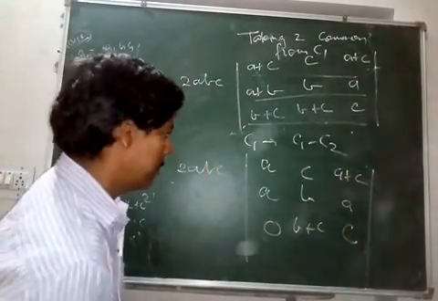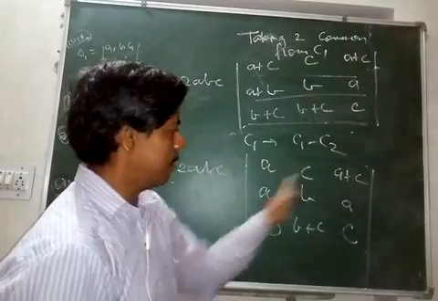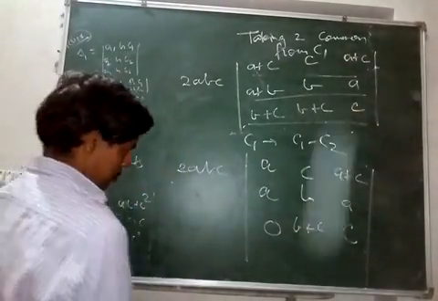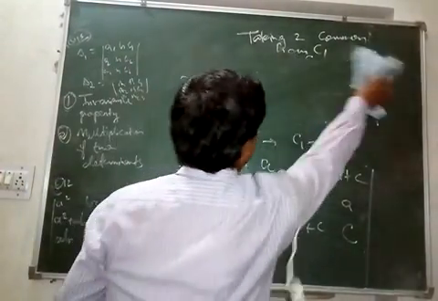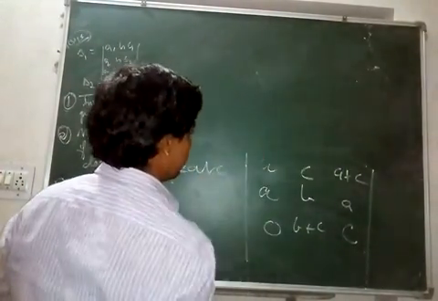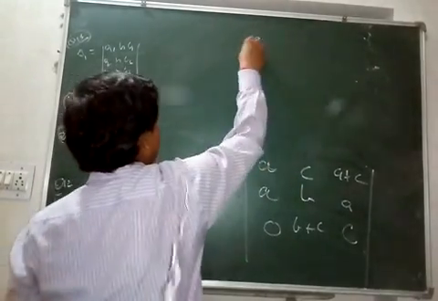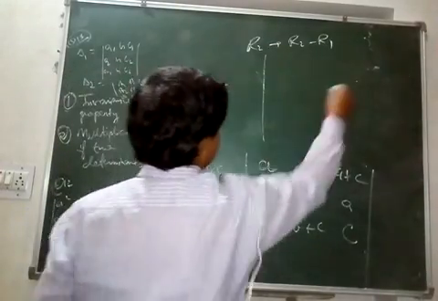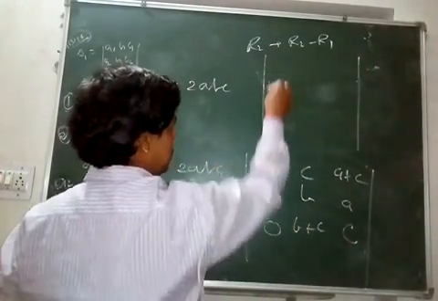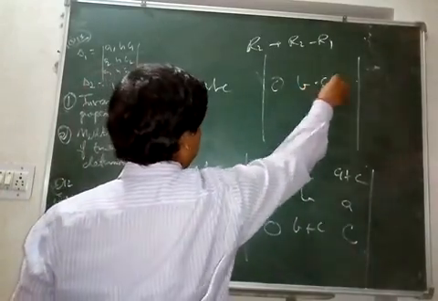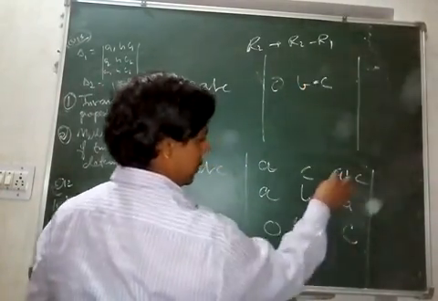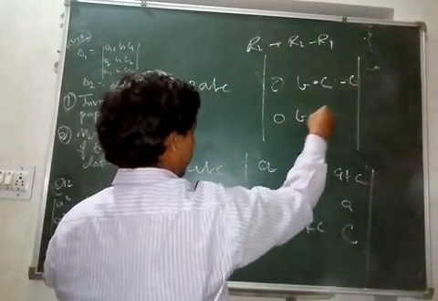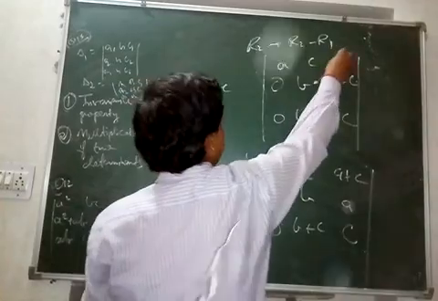Now what we can do is, we can again do this row 1 and row 2 transformation. So I can write row 2 is equal to row 2 minus row 1. So we are doing again one transformation here. Row 2 is equal to row 2 minus row 1. And then see what is happening. 2ABC is already outside. This is transformed. A minus A is 0, B minus C, and A minus A minus C. This is what we are getting, and this remains same. B plus C, C, and this is A, C, A plus C.